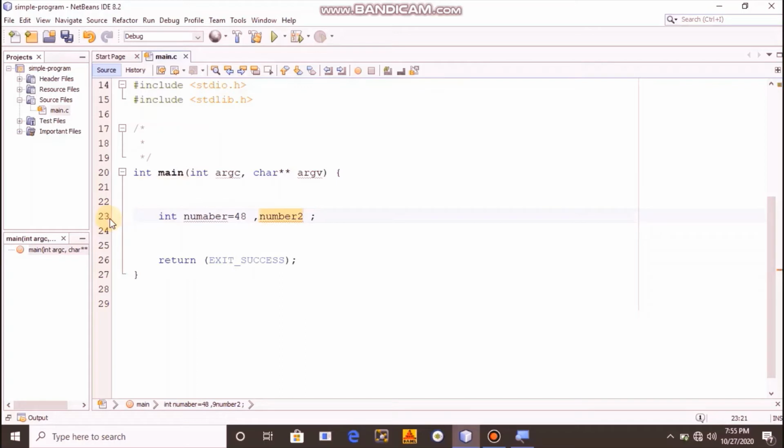I can use an alphabet letter, or I can declare my variable with an underscore as well. Initialize it with any other value, it depends on you. These are the variables having the integer data type.